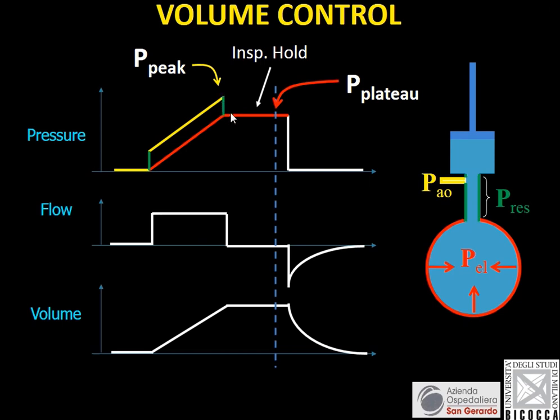The meaning of this pressure drop has to do with the resistance of the respiratory system. It is the pressure that we were spending to blow the flow through the endotracheal tube, the airways. As soon as the flow stops, we see that the pressure drops. So this is the amount of pressure we were spending to